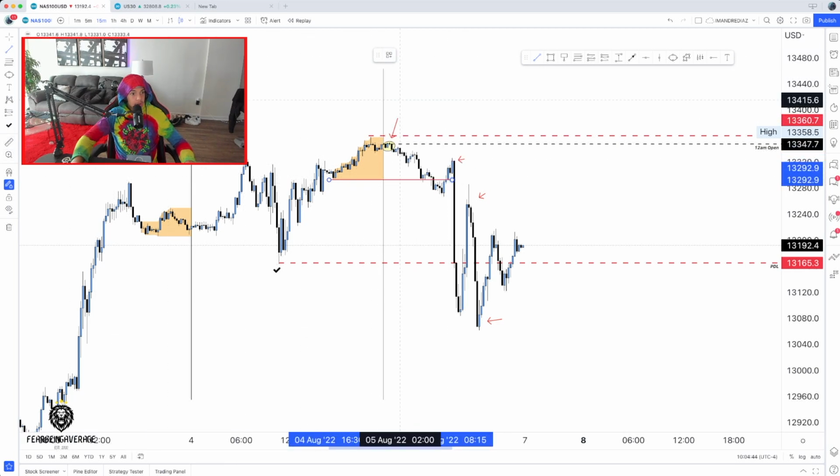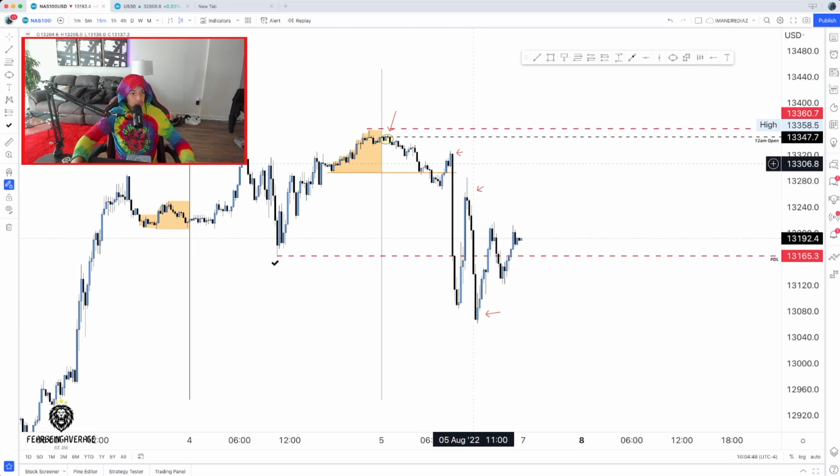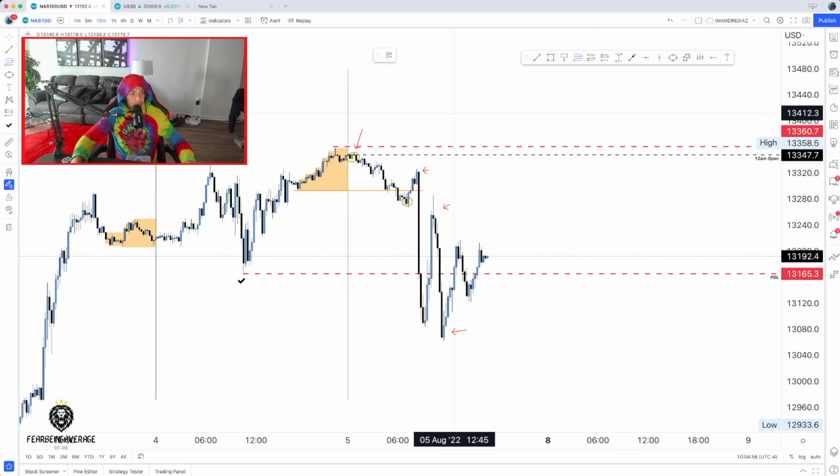Then from here, this is where we got that NFP retracement. So from that high of the day up here, to this point right here from 7:30, I'm going to pull my Fibonacci from that high to that low. And then we got our first confirmation so far for why NFP had this drop right here.